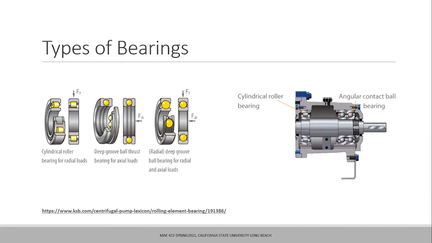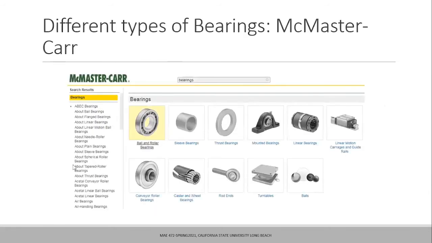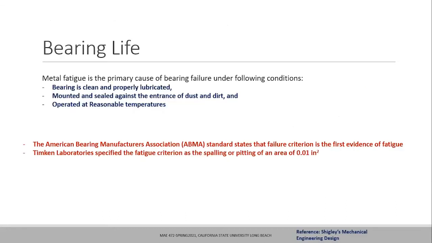Okay. So having said that, these are some other different types of bearings you can find from McMaster-Carr, and they have different design purposes. At the end of this slide, you will also see some links from the bearing manufacturer SKF, and they are pretty informative. You can look at the working of the different designs and different principles of the bearings.